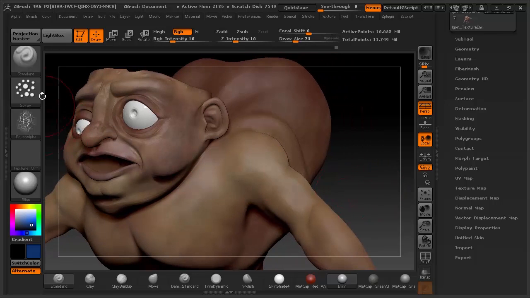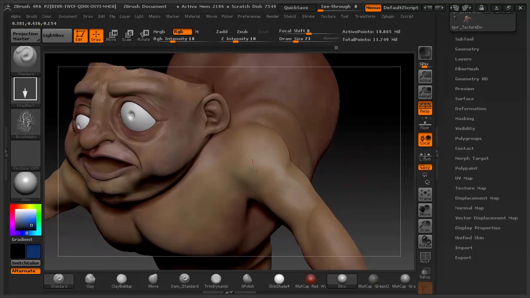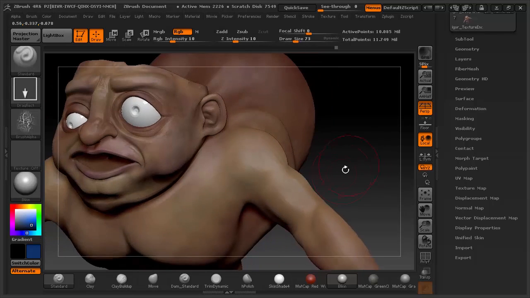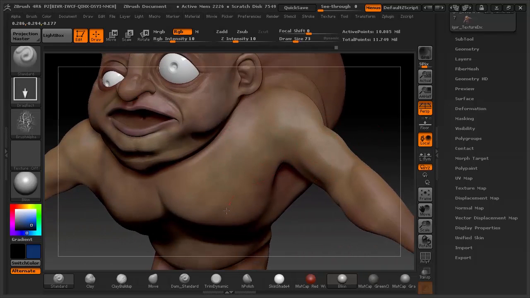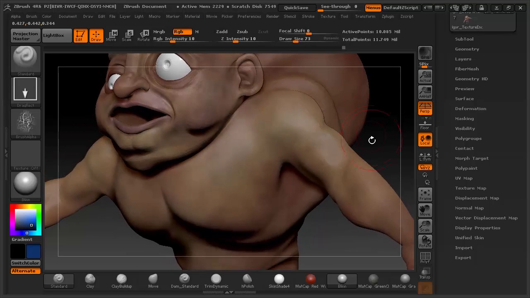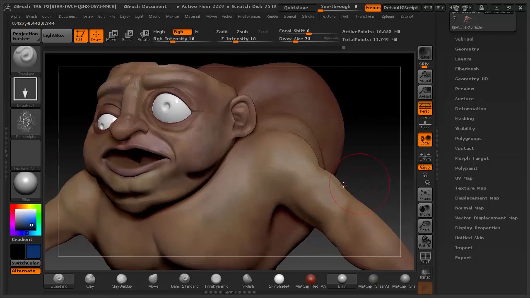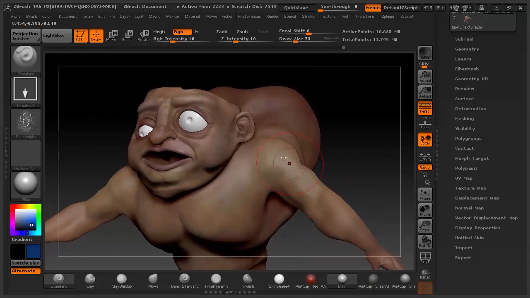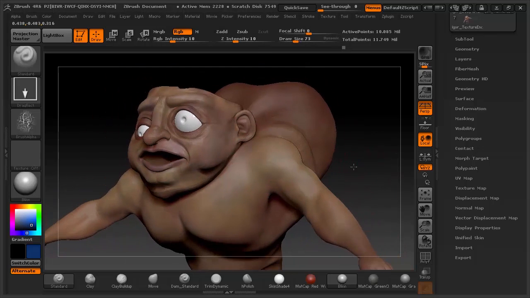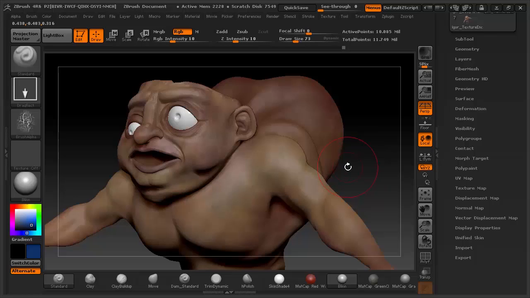And while we've got this alpha, we can also switch to the drag rect stroke and just add in some more quick defined veins, again just using this alpha. And obviously there are hundreds of other alphas floating around on the internet. These are just using the default ones. But there we've got that surface detail, we've got the variety in the colour tones, and it didn't take us long to do. And like I say, this is just a quick example, so you could spend a lot more